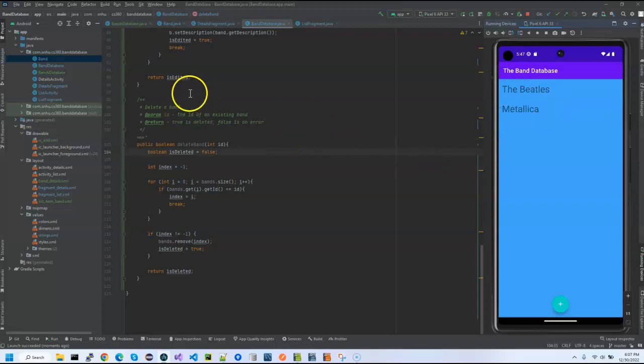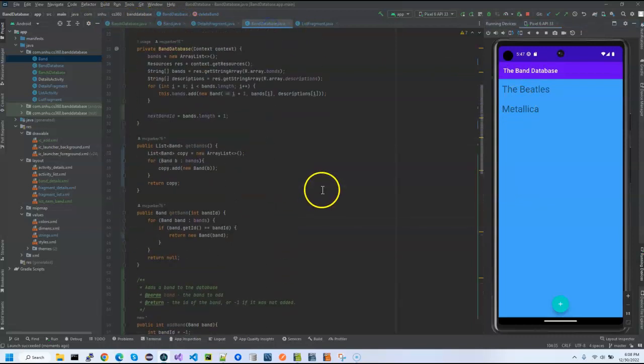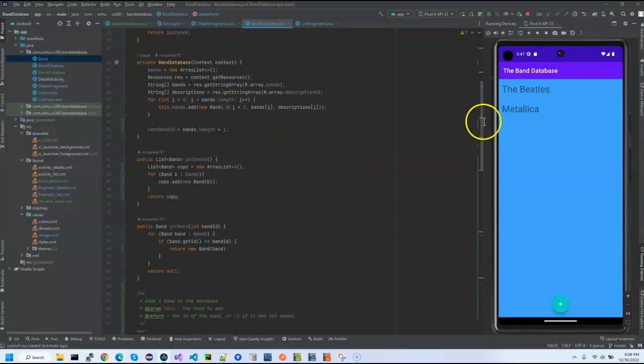So you can see that we've gone from taking a recycler view with a database that was reading in those string values to now having not only the ability to add, edit, and delete, but we can also persist it